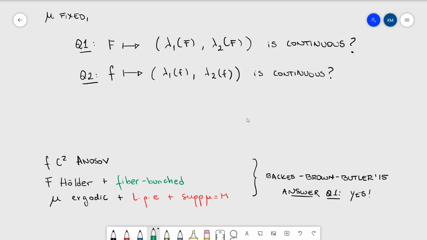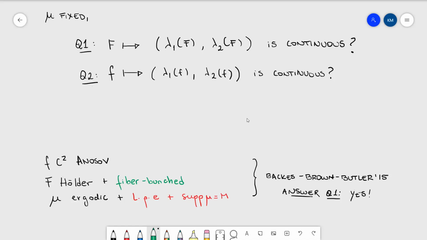So this result is for linear cocycles. So my base is going to be fixed, and it's not partially hyperbolic, I need a little more. I'm going to ask for it to be Anosov. My linear cocycle, I'm going to ask to be Hölder continuous, and I'm going to ask this notion of fiber bunched that I just told you about. My measure, as before, is going to be ergodic, and I'm going to need these two red conditions that say that I need local product structure, and my measure needs to have full support.